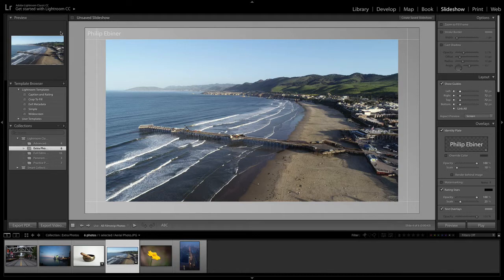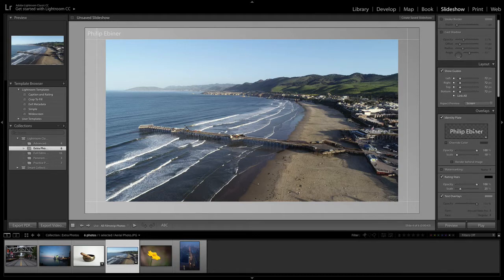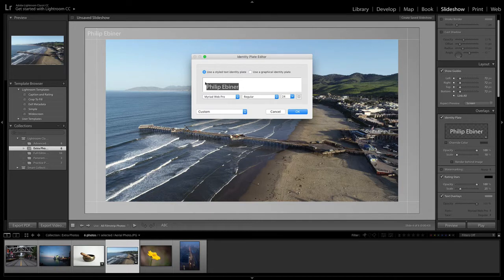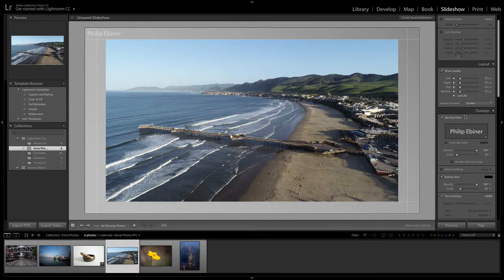You also have your identity plate. So if you want, you can have this identity plate on all photos. So you see it up there, or you can turn it off. You can also adjust the opacity and the scale. Clicking the text right here and choosing edit will let you adjust what you want it to say.